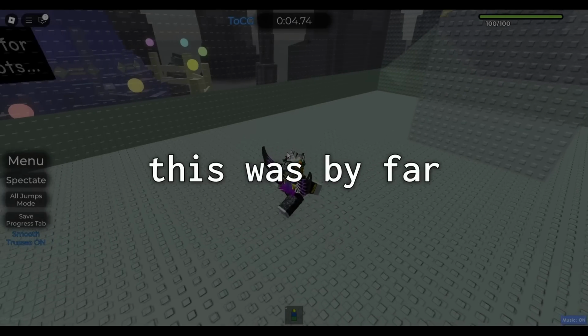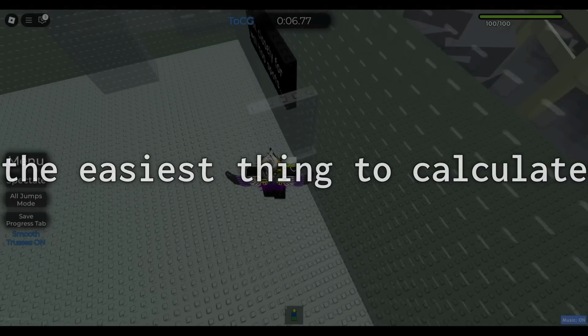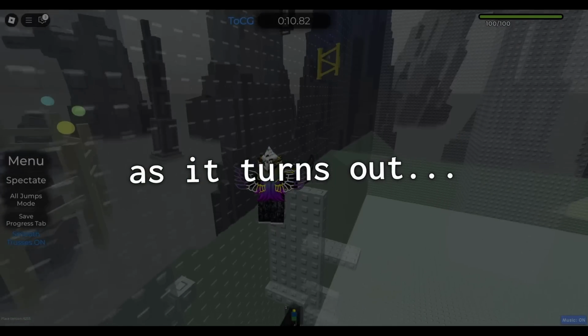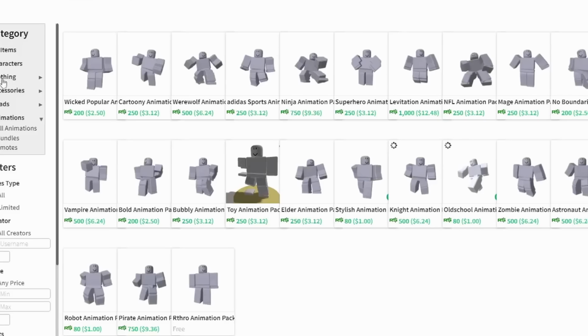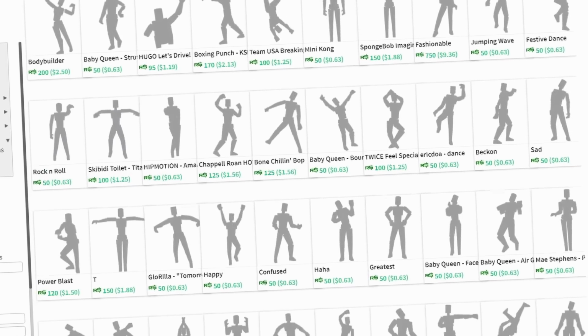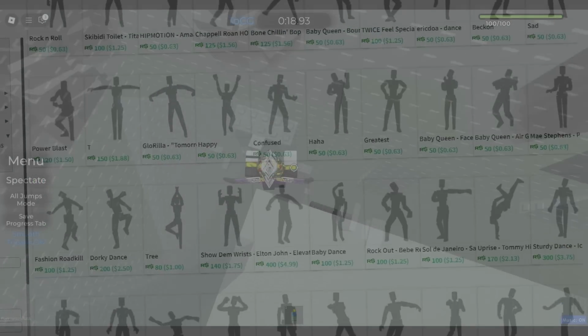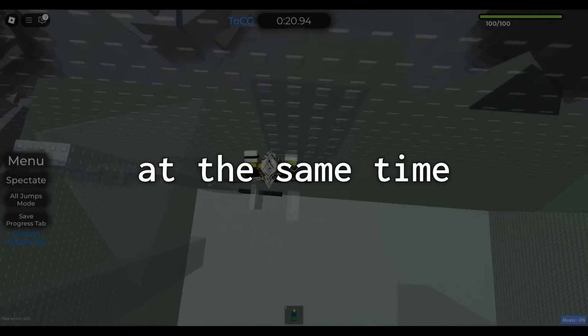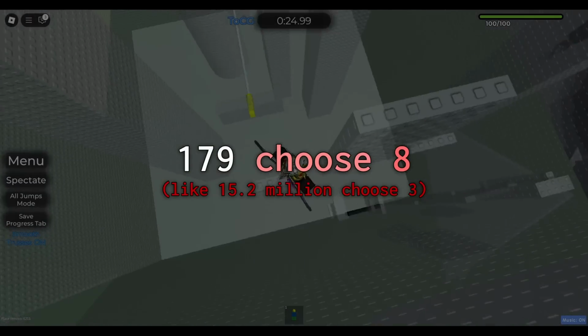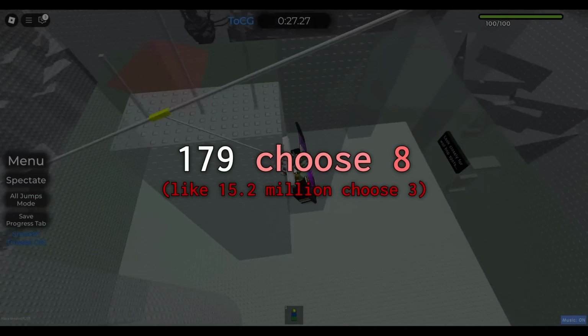Okay, this was by far the easiest thing to calculate because we are once again back to counting stuff. As it turns out, there really isn't a whole lot in this category, with there only being 22 animations for your character and 179 emotes total. You can also have 8 emotes equipped at the same time, so we just need to do 179 choose 8,